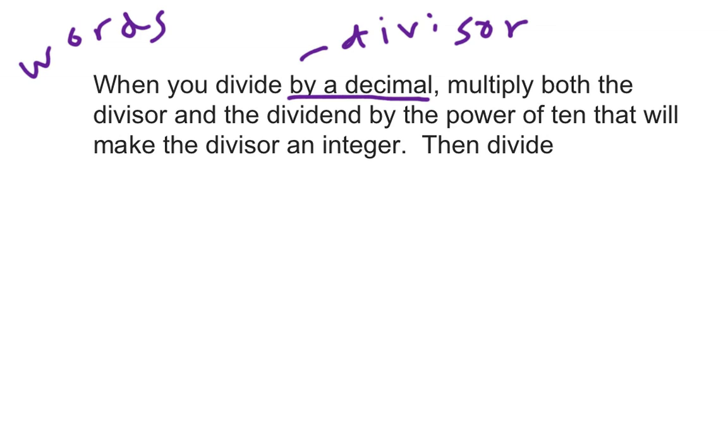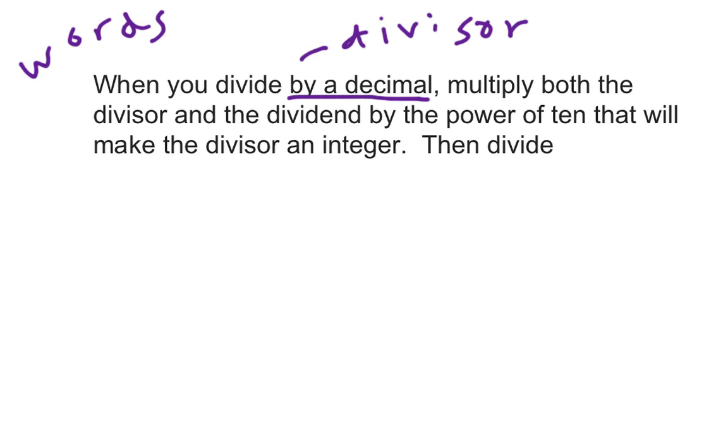If you can think about dividend and divisor, dividend sounds like a thing, divisor sounds like an action. It's a verb. So the divisor is the number that's doing the dividing, if you can't remember it any other way. And the dividend is the one that's getting divided. It's the thing that you're dividing up. So when you're dividing by a decimal, the divisor is a decimal, you're going to